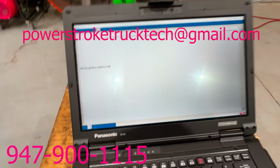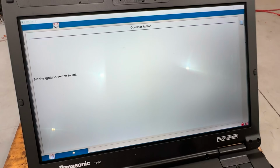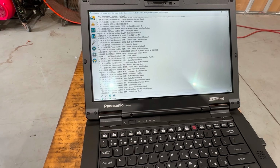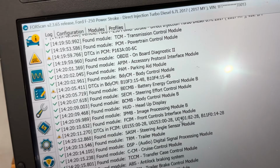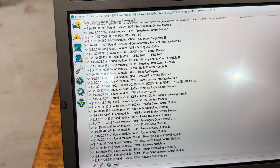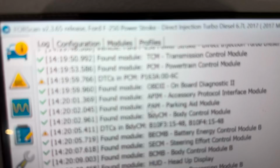Oh, key on. Yes, the key is on. I think because I have ForeScan already pulled up as well. Oh, yep, it's connected to here. No big deal. With ForeScan already connected, I didn't even run the self-test, and you can see ForeScan's already going to identify we have a DTC